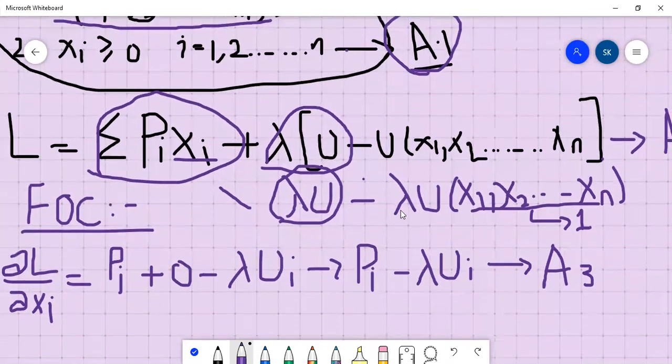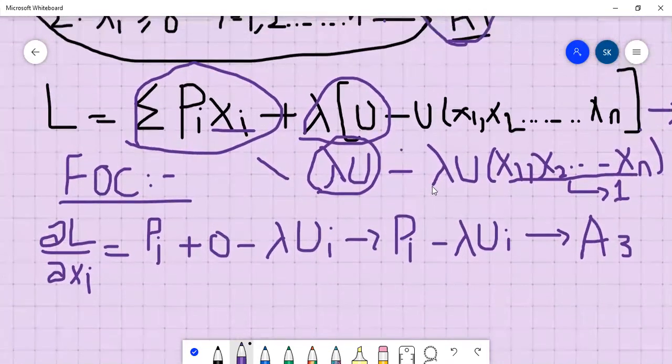Now, as we have already studied the first order condition and second order condition, why do we use the first order condition? We use the first order condition in order to find the critical values, that is the values of x or the values of p's. Here i represents the commodities from 1 till n, so we have more than one commodity. For that purpose, in order to utilize the first order condition,